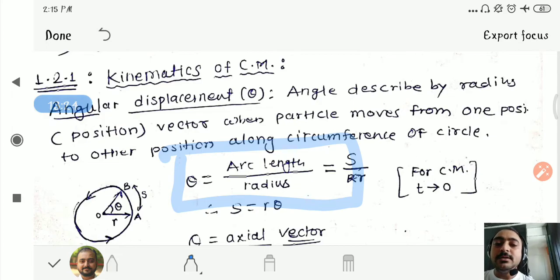What about its direction? Angular displacement is a vector quantity, and this vector quantity has magnitude as well as direction. This is the magnitude. What about the direction? The direction is always perpendicular to the plane of rotation, and it is given by the right hand thumb rule. We will discuss the right hand thumb rule in the next session. Okay, so the next point that we are going to